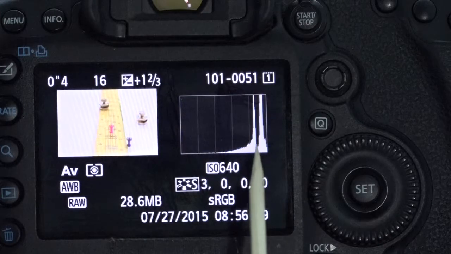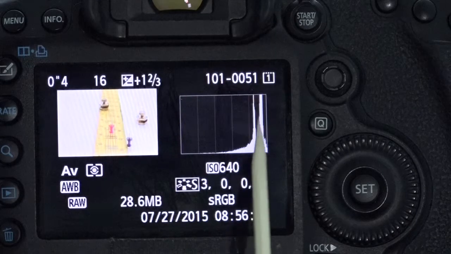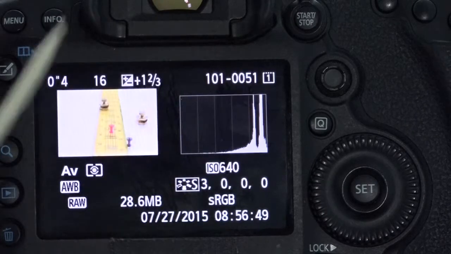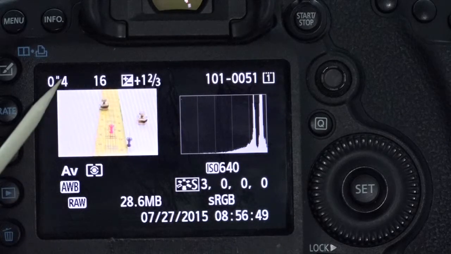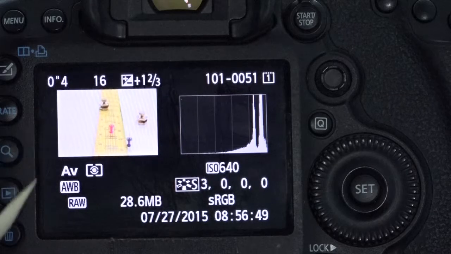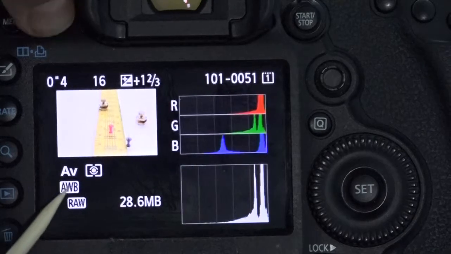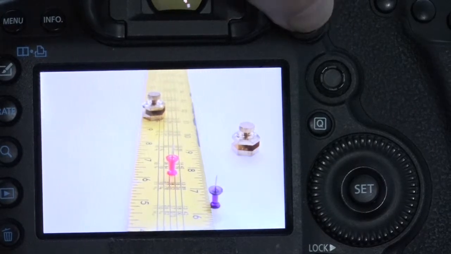You can see now that the histogram has indicated that the white areas are much closer to what yields white. It tells me here that I've taken a picture of it with 1 2/3 exposure compensation, 1/4 of a second at f/16, and I've used auto white balance, and this is the format that I'm using. And there's the picture. It looks a little bright on the screen, and if I want to be safe,